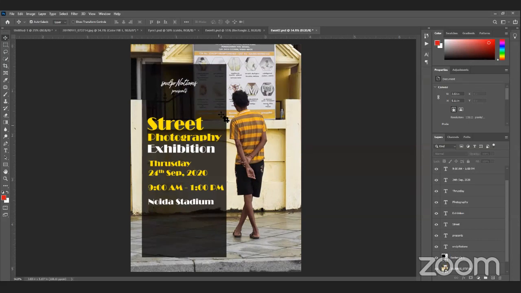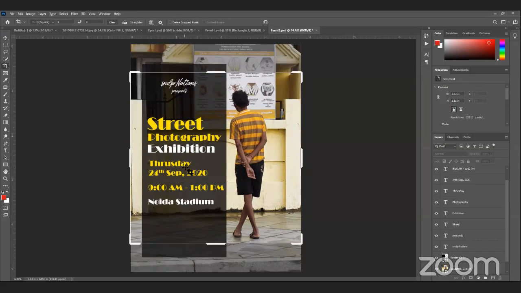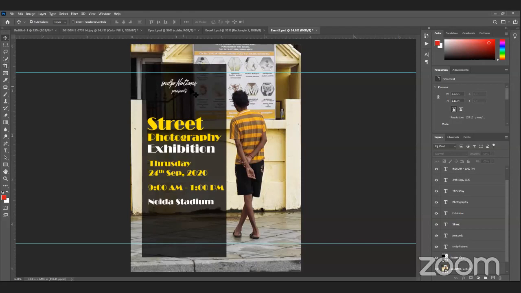So let's crop. Generally, what I do before this is create guides. You can see we did it yesterday also. When your ruler is on, you can click on the ruler and drag these lines. These are called guides. These help me a lot. You can see I have the crop tool selected and I have guides. If I go back to my move tool, I know that this area will not be there, and this area will not be there if I choose 1:1. Accordingly, I can adjust my text now.